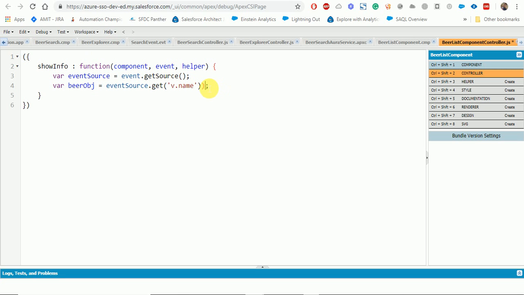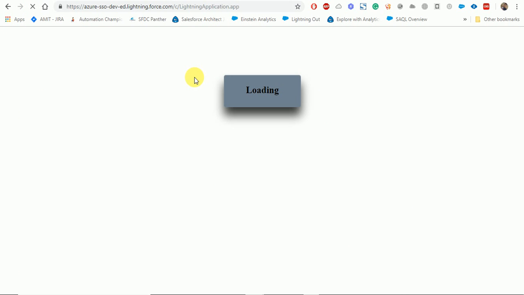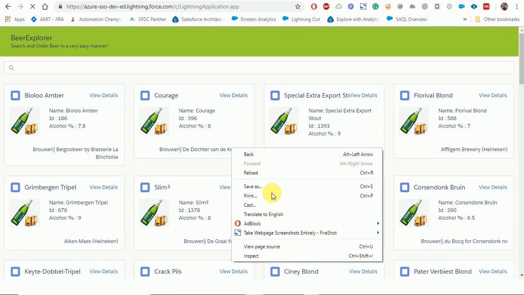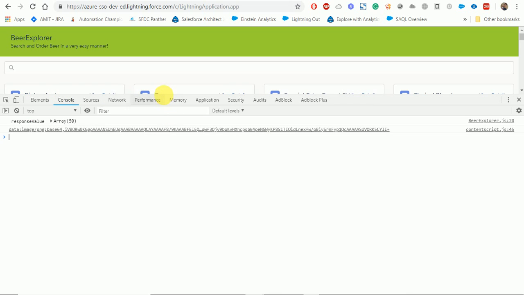we will store in a variable, and then we will try to console log and see if you are able to get the value for beer object. If you are able to get the complete beer detail here, then that will be very easy for us, and I hope we'll definitely get it. We are already getting the ID, the standard one, the custom one. So let me go ahead and open the console for you.